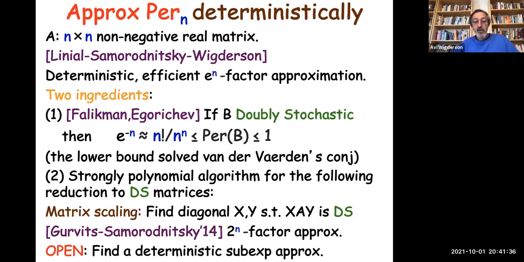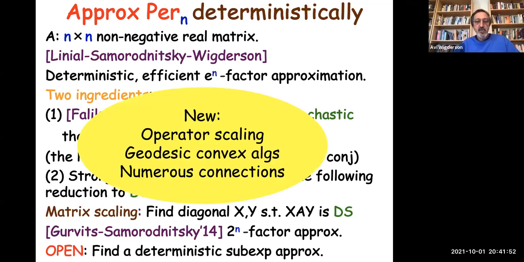And the major open question here is, can a deterministic algorithm do better than exponential in n? I think it's a great open question. But back to the matrix scaling point, something that is very relevant to this project that you are all involved in,